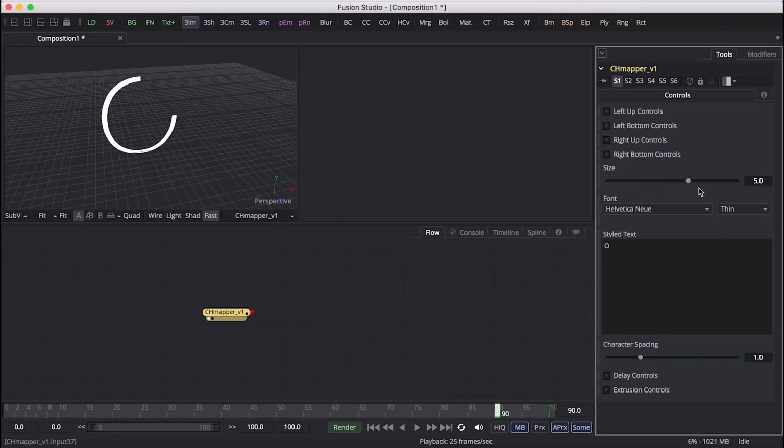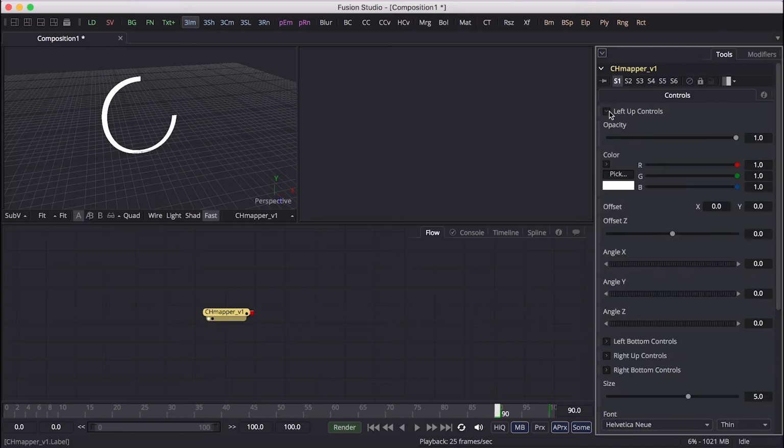Now let's do the others. This is the left up, so we're going here. I want it to rotate down, so I will animate the angle X, and now we jump to frame 80 and fold it down this way.